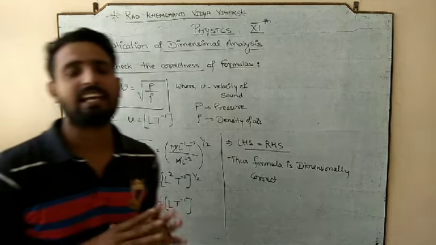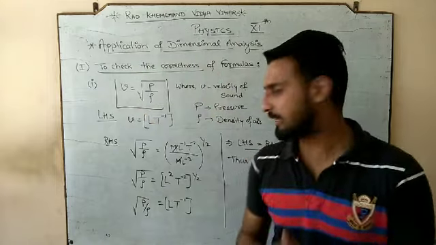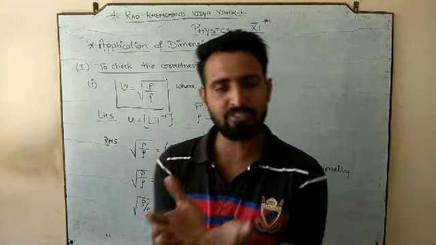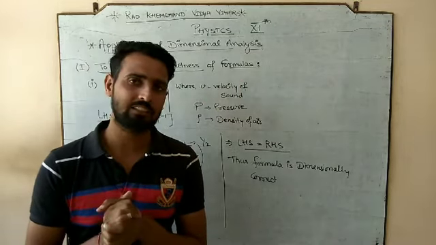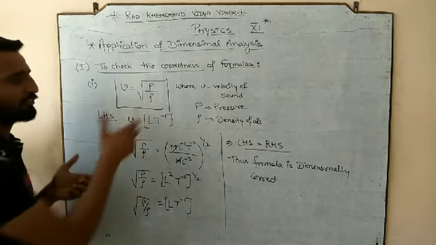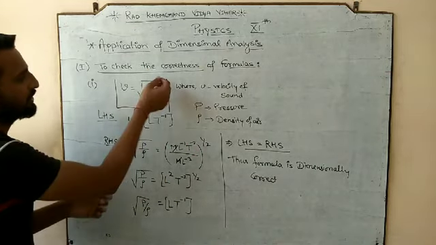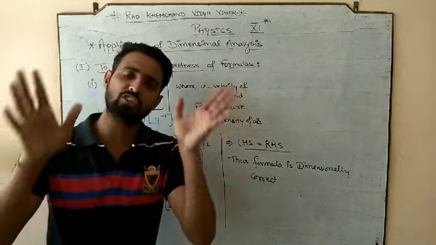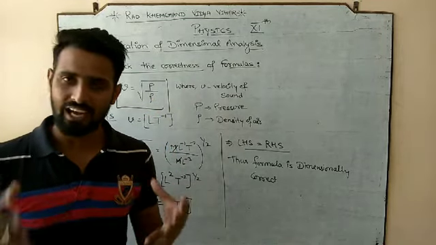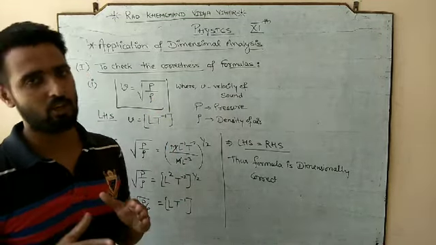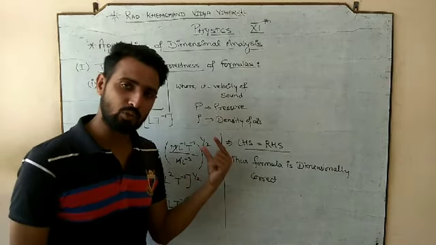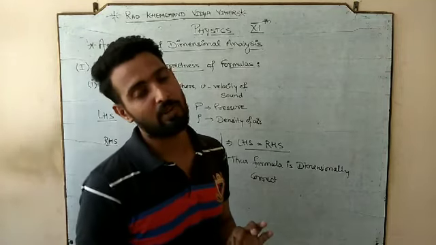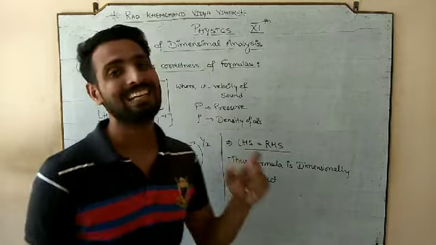But if your LHS is not equal to RHS, it does not mean कि वो हमेशा equal होना चाहिए. Sometimes we teachers or examiners bluff you. हम लोग कई बार आप लोगों के साथ bluff करते हैं that we twist the formula a little bit. हम लोग थोड़ा बहुत change कर देते हैं, उसमें कोई चीज़ add कर देते हैं. And then we ask, so it does not matter, the formula need not always be dimensionally correct. It might be wrong, and that's why you have to check whether it is correct or not. If they are equal, you write the formula is dimensionally correct. But if they are not, then you write the formula is dimensionally incorrect.